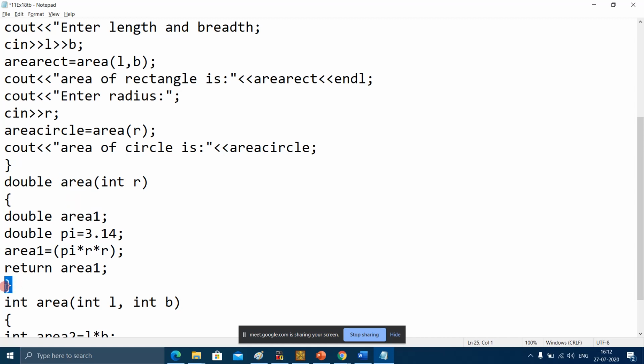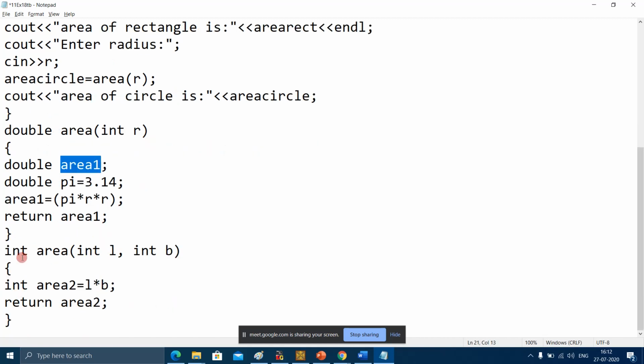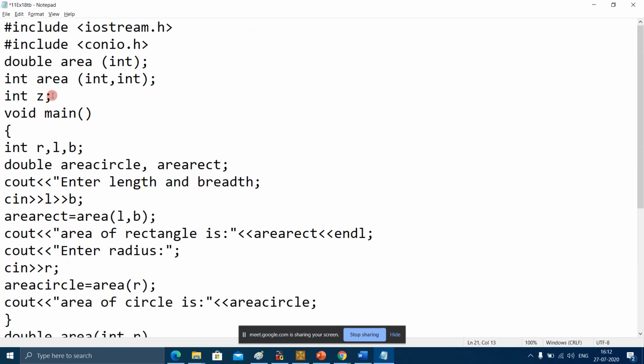As soon as this function closes, this variable will not be present for any other function in the program. So I have just recapped what a global variable and a local variable are. I hope it's clear to you.